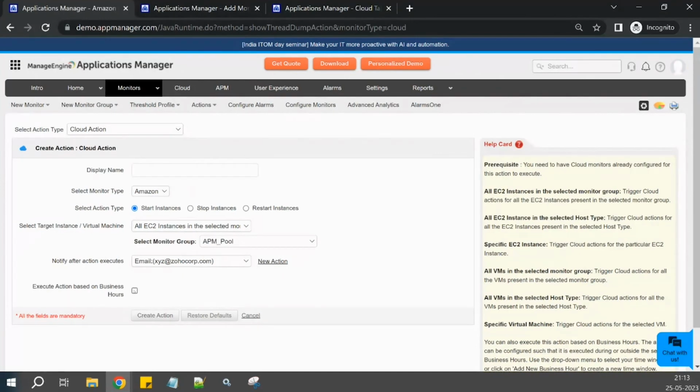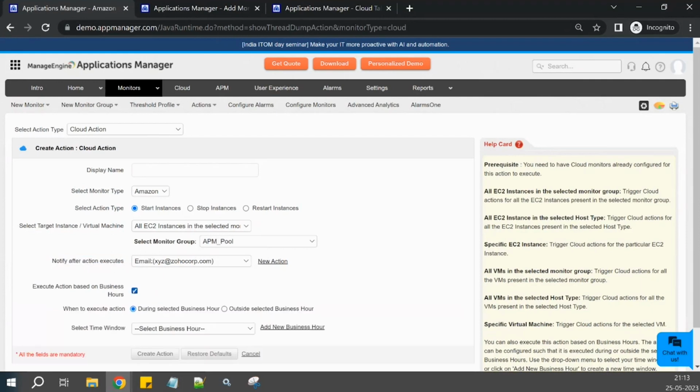action. While creating the action, in case you want to know whether a particular EC2 was restarted or started during a particular time of issue, you can use this option, notify after action executes. So whenever this particular VM is restarted, you'll be notified that this VM was restarted for this issue. And in case like these kind of actions will be helpful during your business